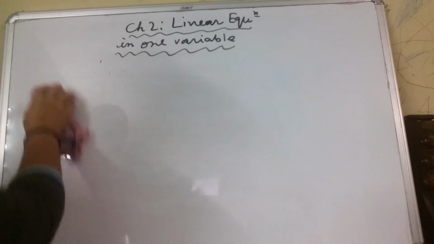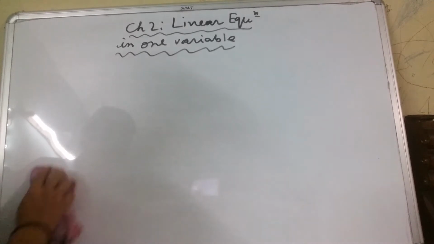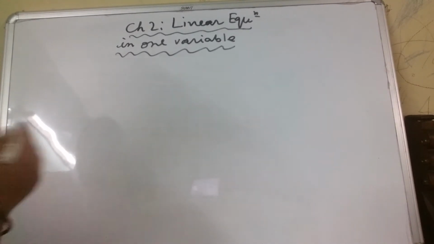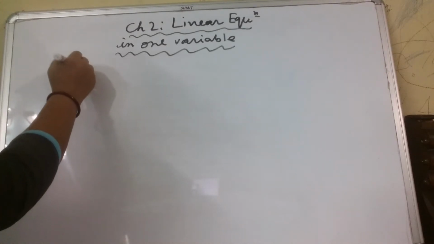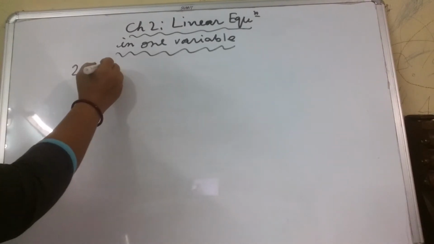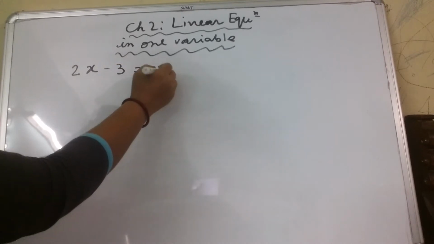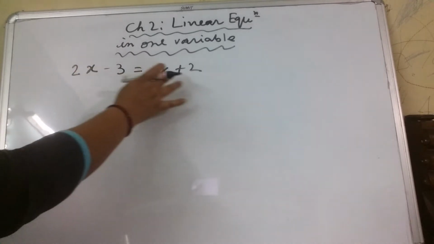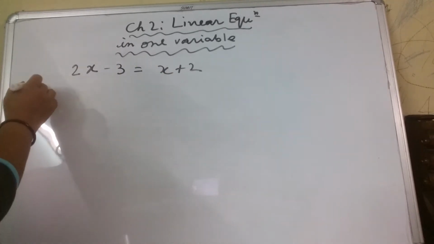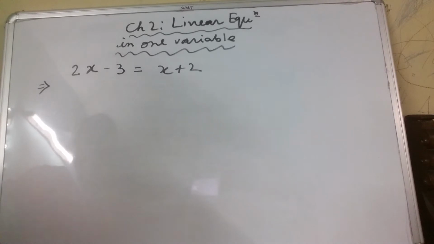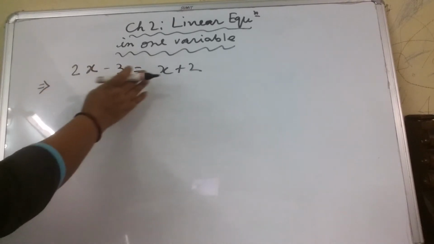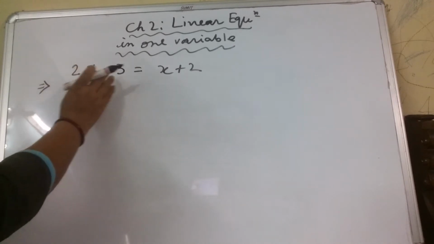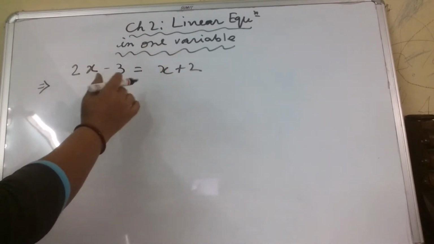Next, what we have learned? We have learned to solve equation having the variable in both the side. That means in both the side there is variable. So here in left hand side also it is x and this side also is x. So your first work is you have to write the terms with variable in one side and that constant to other hand side.